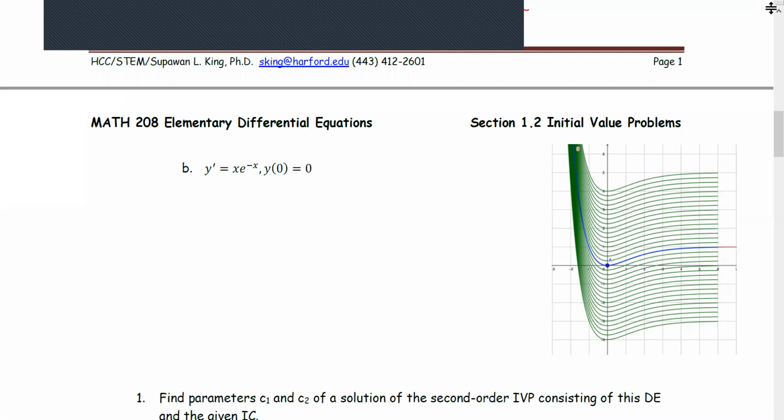Next example, first order differential equation. Y prime equals x times e to the power negative x. Part 1, find the general solution. Y equals the integral of x e to the negative x with respect to x. This one, integration by parts technique is required. If you recall, the integral of u dv equals u times v minus